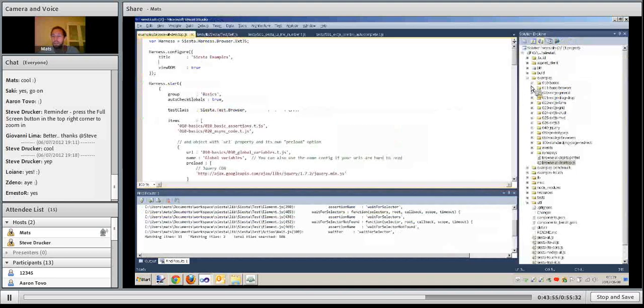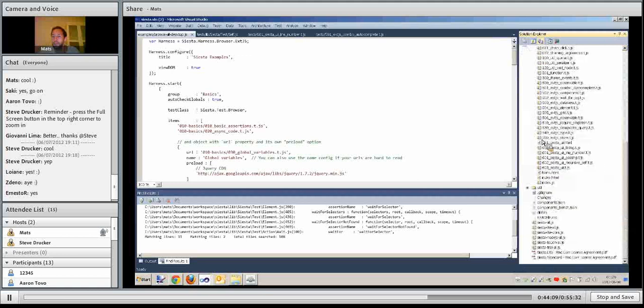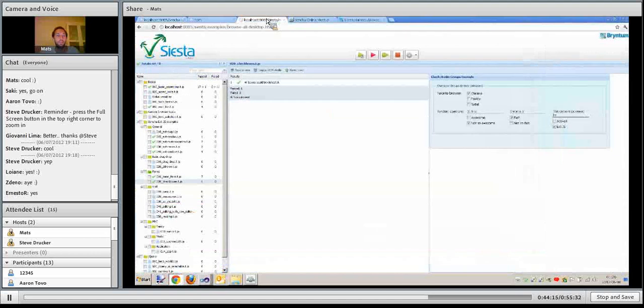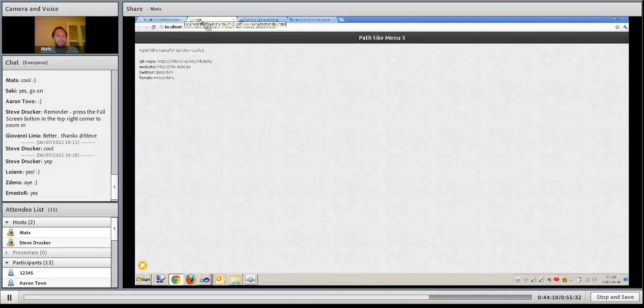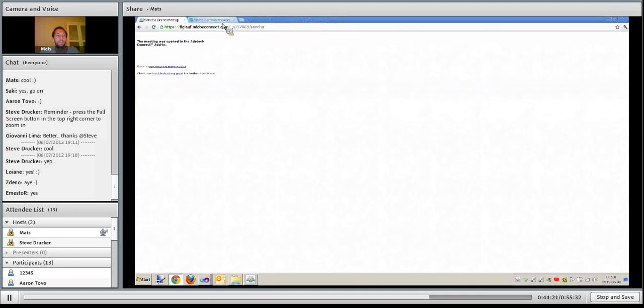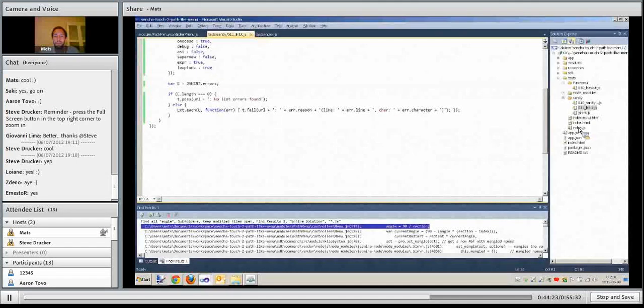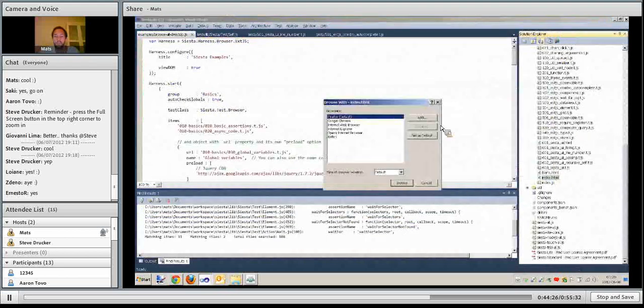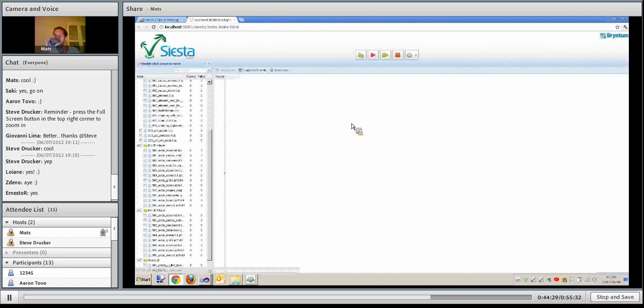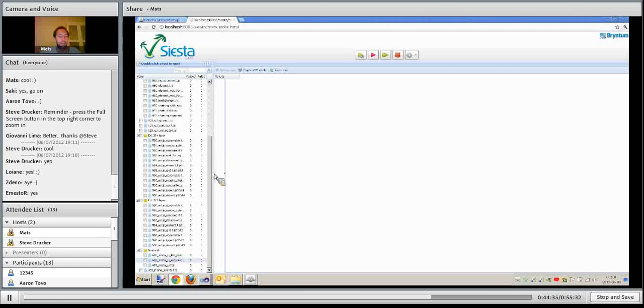There's also the same thing that you would expect, like tapping and long press and swipe and so on, but I won't go into those details yet. So we'll leave that for now. I'll also mention briefly, before we take questions, that we, of course, use Siesta to test Siesta. So let's see if we can find this. Close this and open this one. So just to show you how we use Siesta,